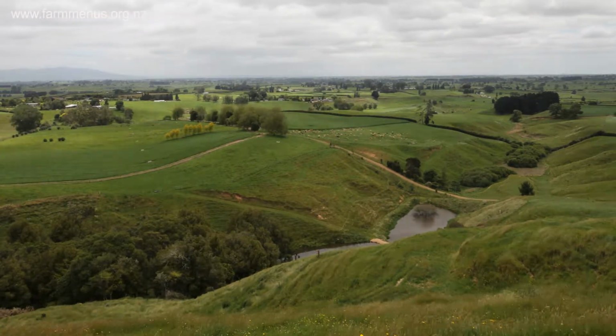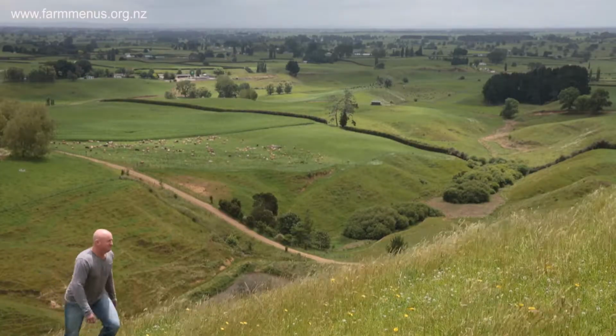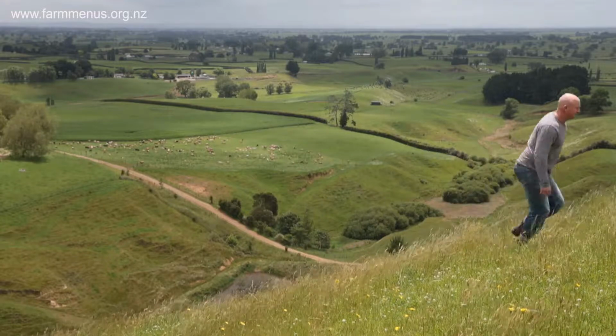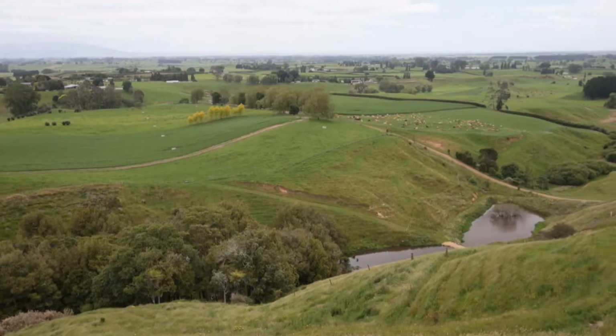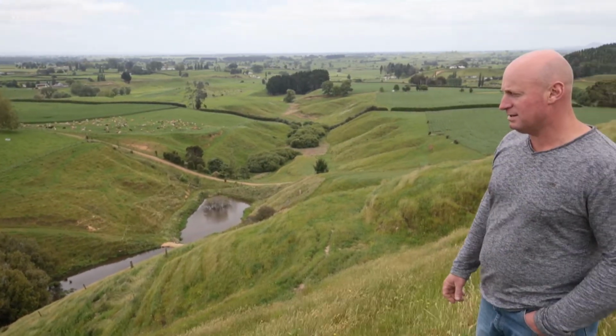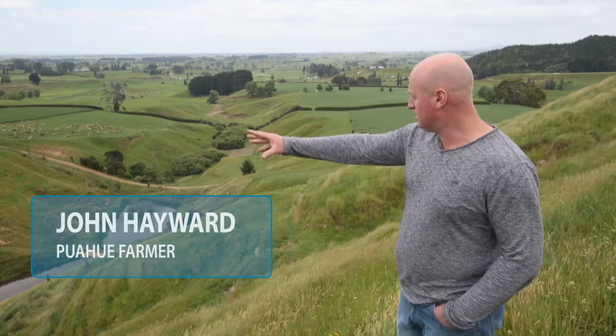Our vision on farm is to be an operation which leaves a minimal environmental footprint. And one of the ways we've managed to drop our nitrogen leaching and remain environmentally friendly is to identify areas of wetlands, of which at present we have 4 hectares of wetlands. I think we took the opportunity to identify the wetland area